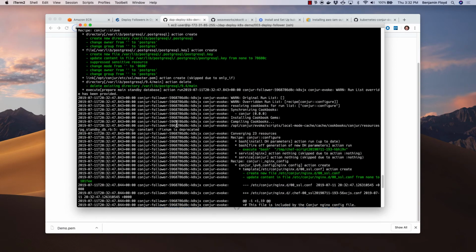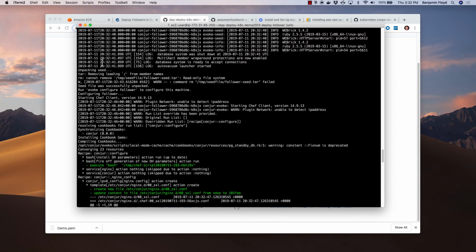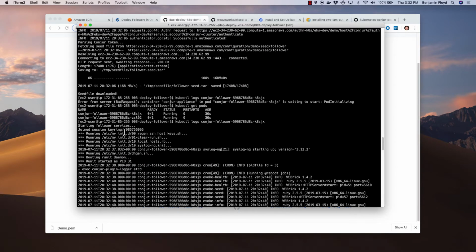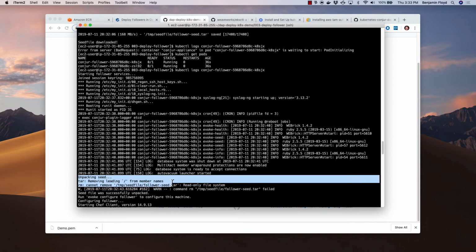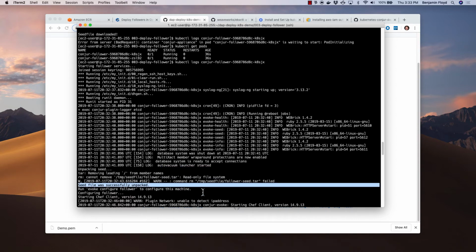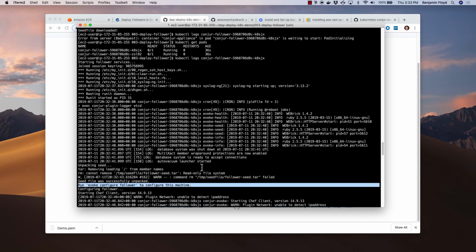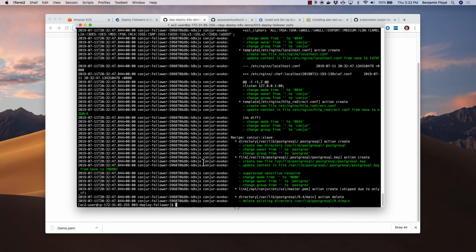Now we can see that it was able to unpack that seed. Scroll back up here to the top. So it unpacks the seed and begins configuring itself as a follower. Our seed file was successfully unpacked. Begin to run evoke configure follower. Once that is completed, we can